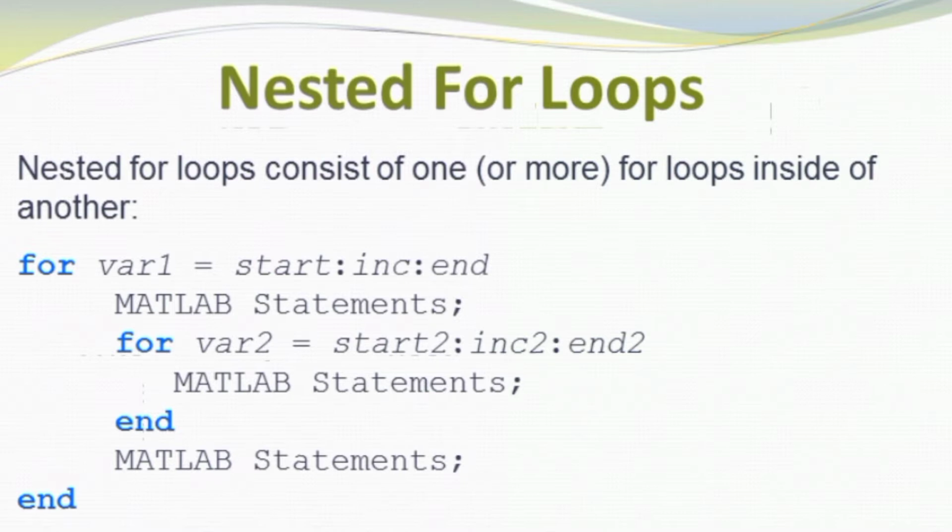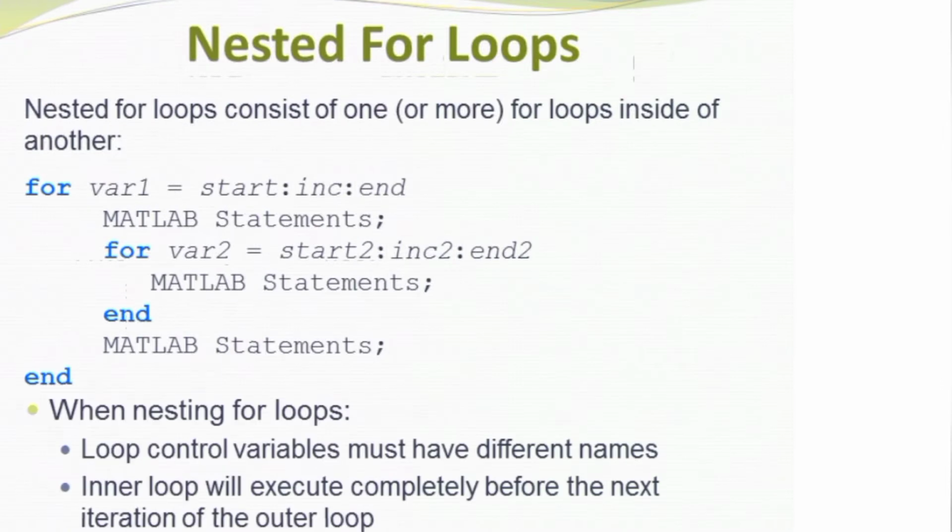And then there are Matlab statements, which can occur before and after our inner for loop, which has, again, its own separate variable and start, increment, and end, and some Matlab statements that are specific only to that inner for loop. So when we're using nested for loops, our loop control variables, in this case variable 1 and variable 2,